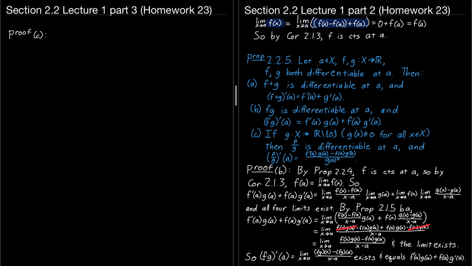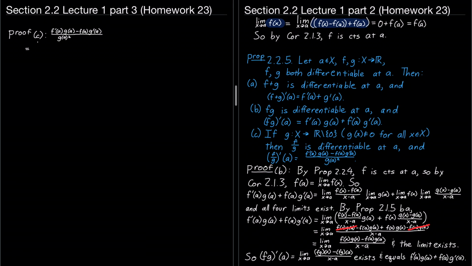So let's write it this way. f prime of a, g of a, over g of a squared, minus f of a, g prime of a. So that whole thing, we'll say that it is equal to